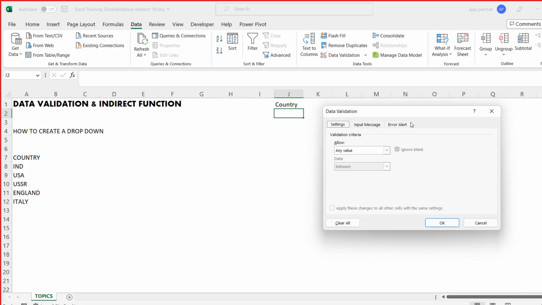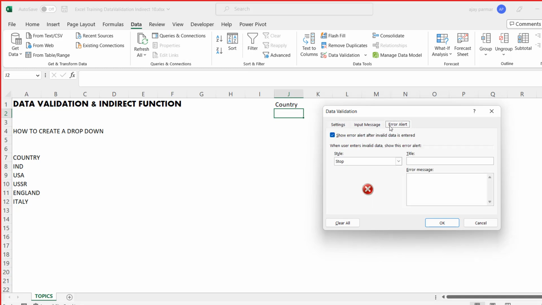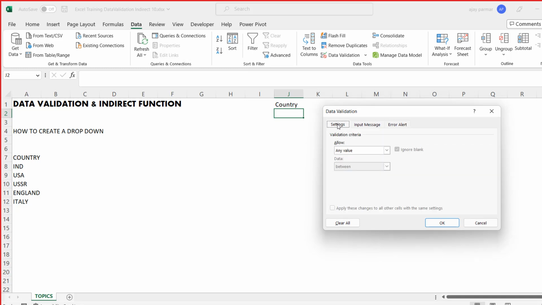You find here setting, input, error alert. There are three tabs here. We will discuss all these three. The most important tab is the first one, obviously, which is also the default option. Okay, so you see here setting, and in the setting you have to decide what exactly you want to do